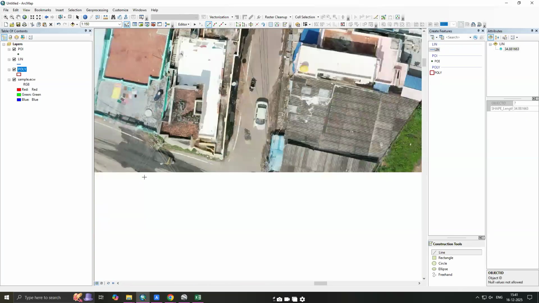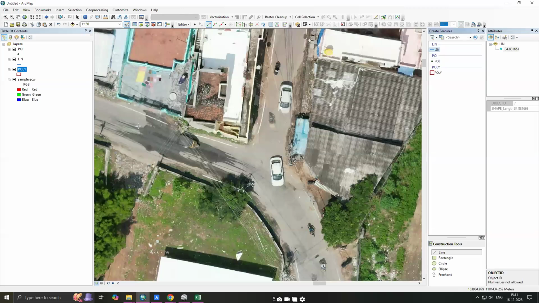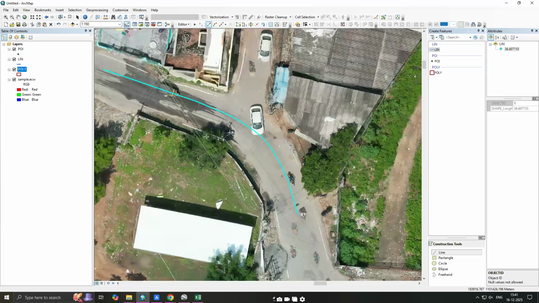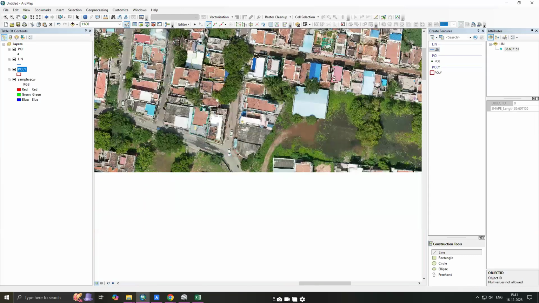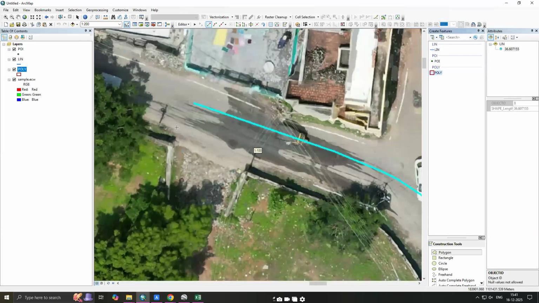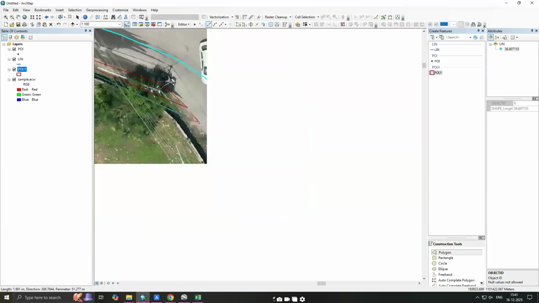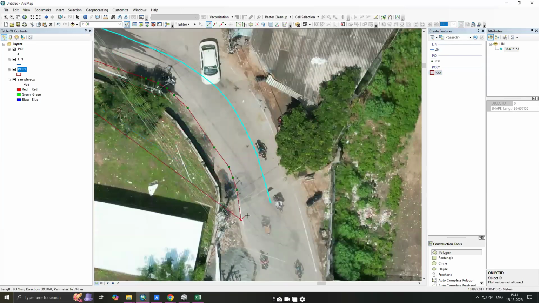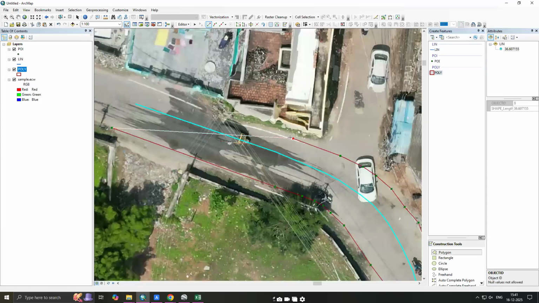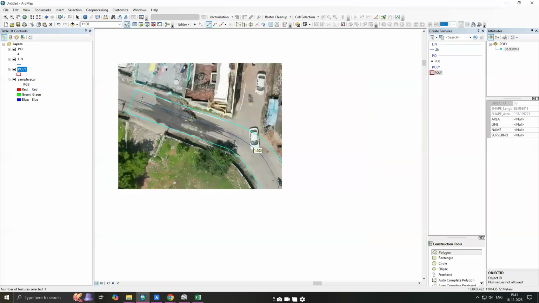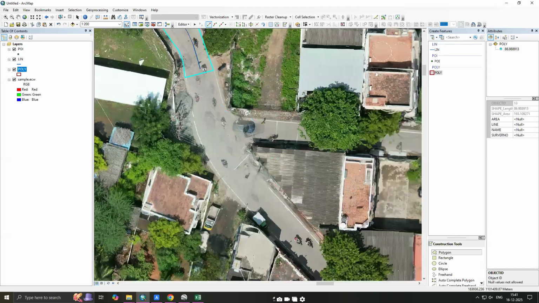See, for example, we'll take somewhere like this. Your line feature is only marking the center of the road. It will not give you the entire shape and size. So the center line depicts where the road is, but you need the entire length and the area which the road is consuming. So we'll draw one polygon also, so that now we'll know the area of the road. Just like we'll calculate the area of a building,